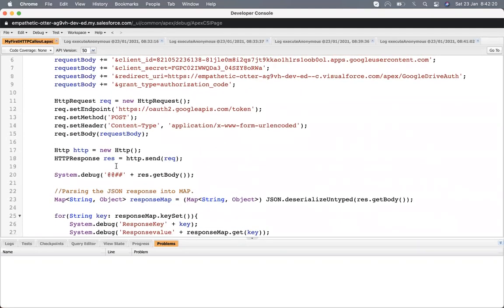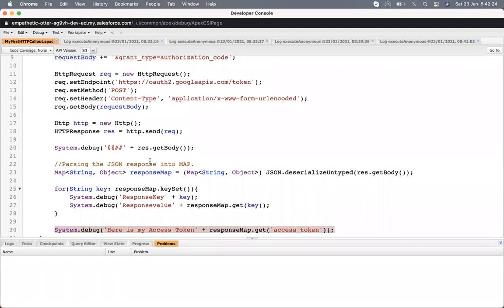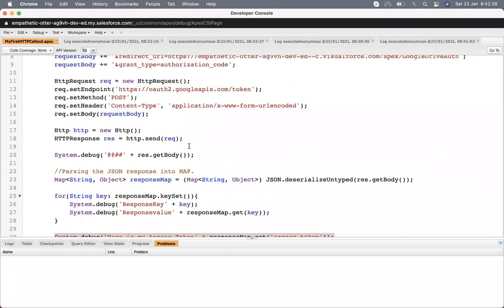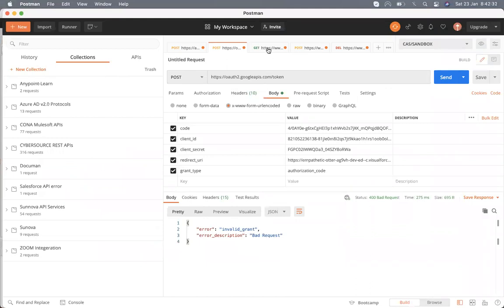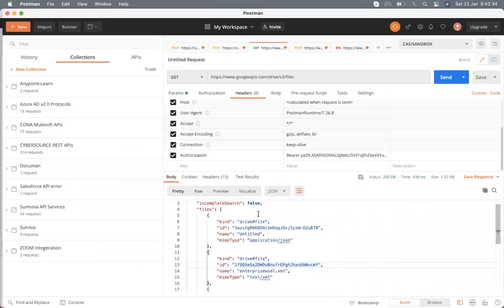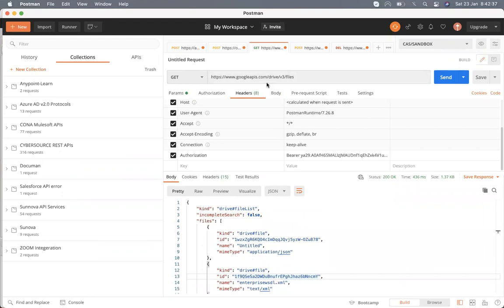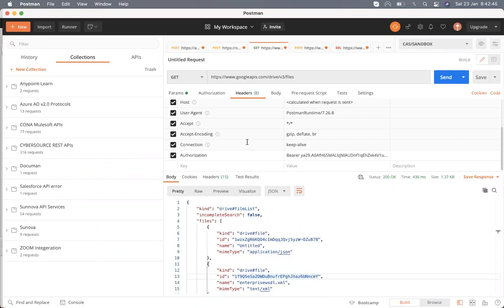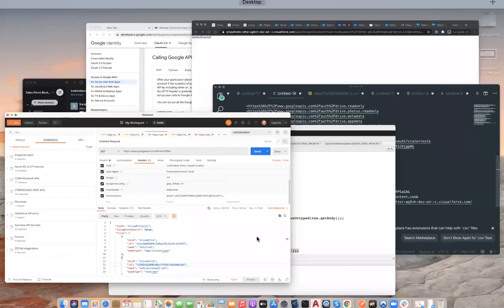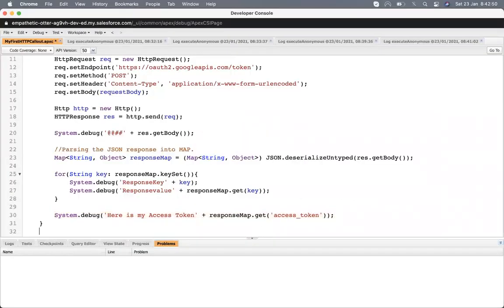I'm not going to again do the same thing. So it's wasting the time. Now I can use this access token to make a request to get the files, list of files. And where is that? Here. For getting the list of files, we are here and we have to do the authorization. We have to do auth header there. So let's create a method for getting files.